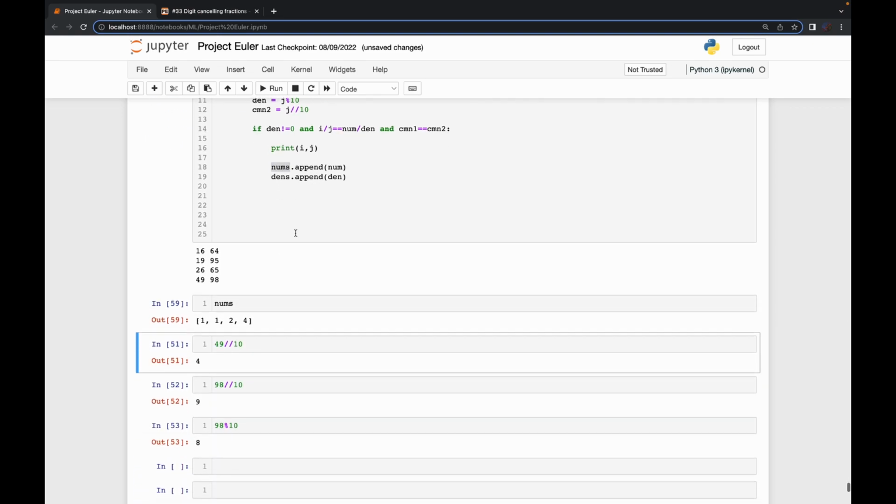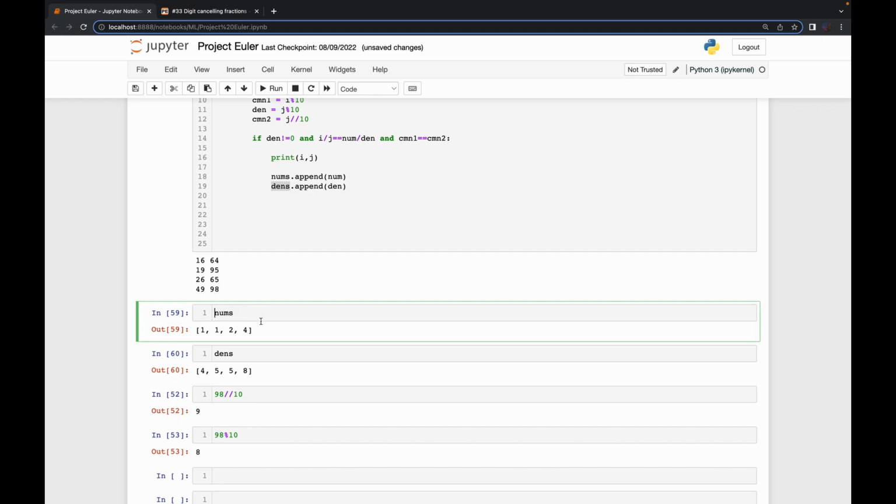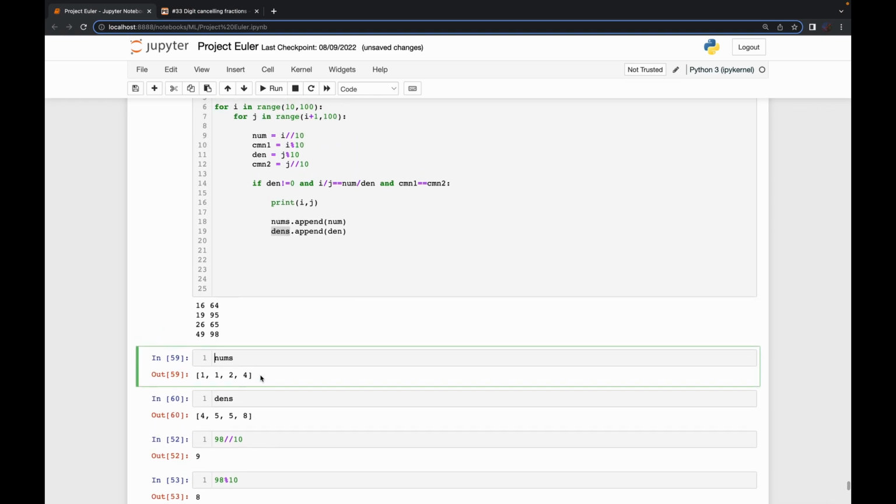We have all 1s except one. Now the problem is also asking for the answer in its shortest terms. Two things we can do: we can multiply all the numerators and all the denominators and divide, or alternatively